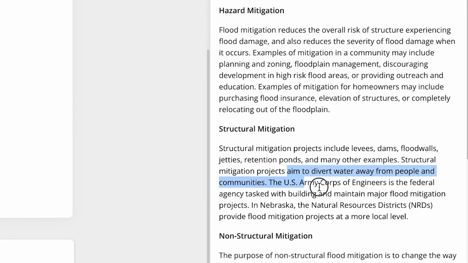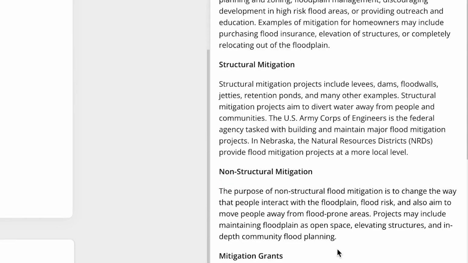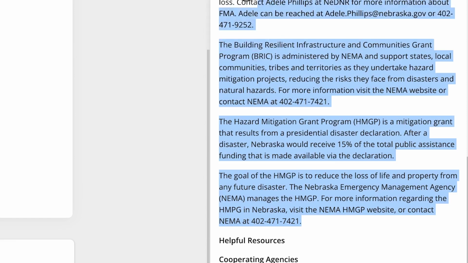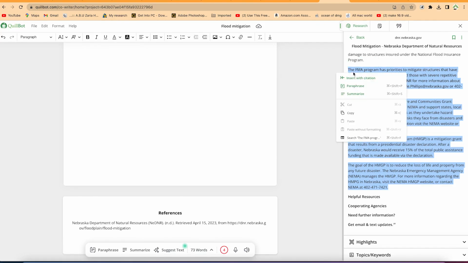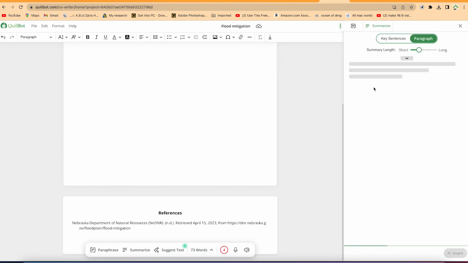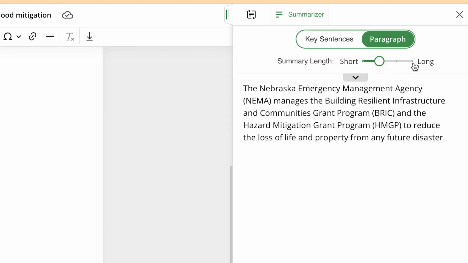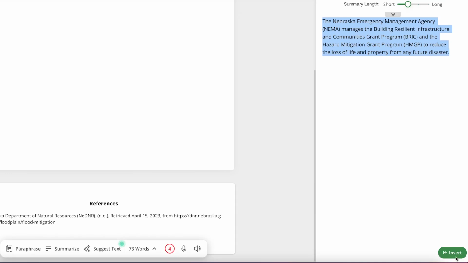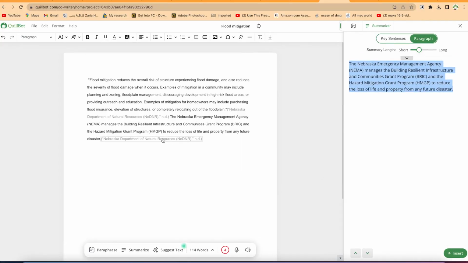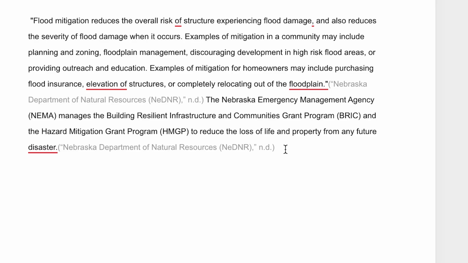You can select any section of it, and you can add it directly into your document, or you can select all this section and say paraphrase, or summarize, and it's going to summarize it directly for you. You can indicate the summary length, whether to make it short or longer. You can vary those options from here, and you can see right now it's been summarized. Everything that we've highlighted has been summarized into this many words. So as you select, you can just say insert, and it's going to insert it into your document just like so. And you can see it has added the references directly.